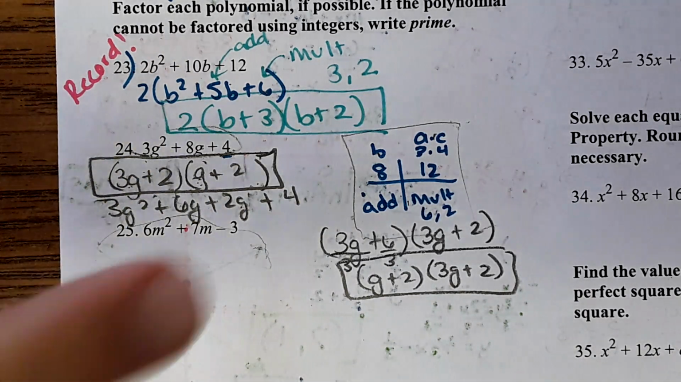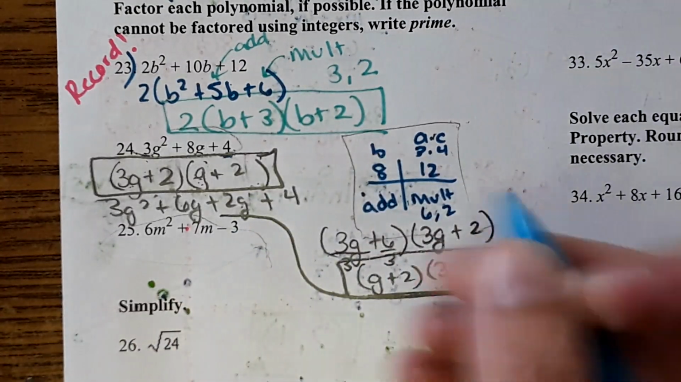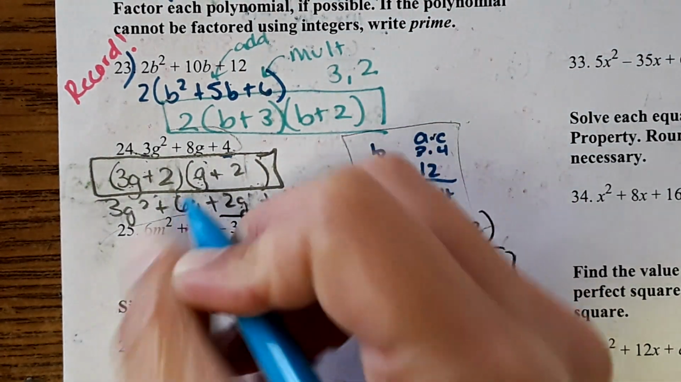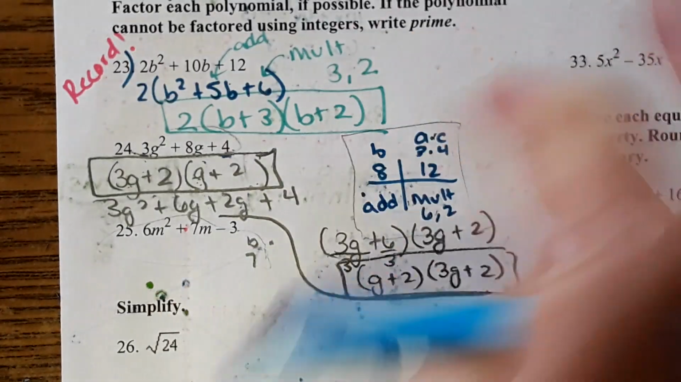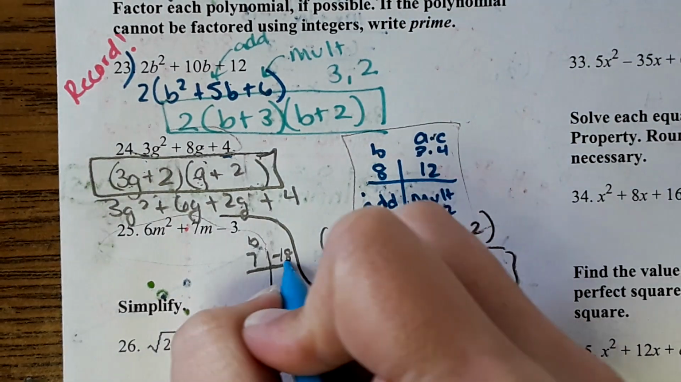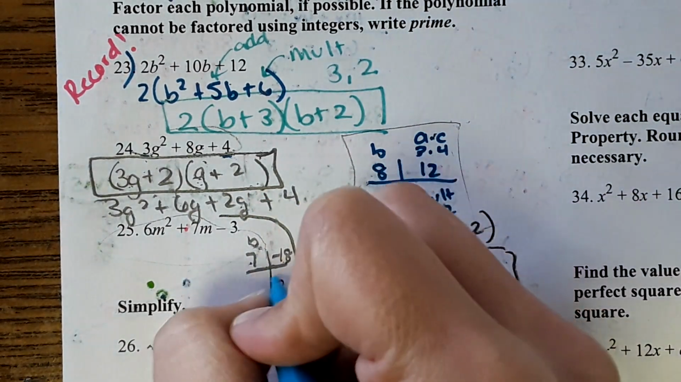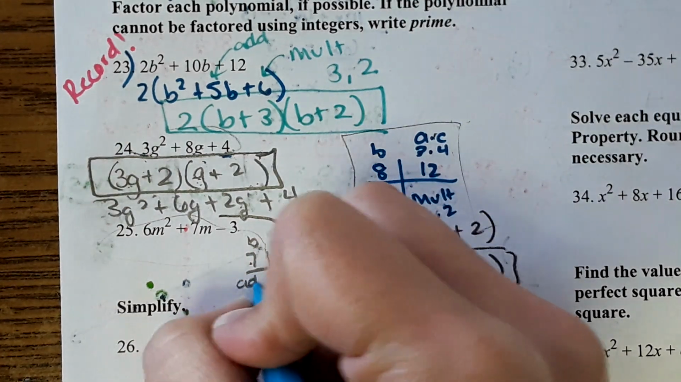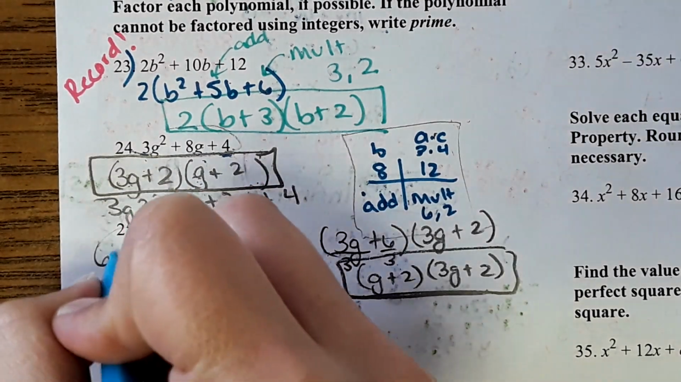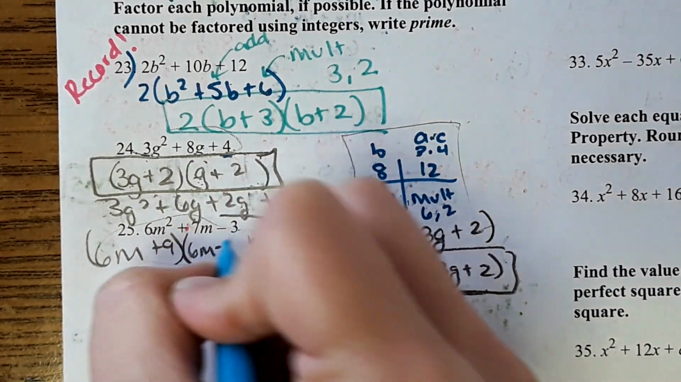Okay, so 25, we're going to do it this way. So we're going to make our little t-chart. B is 7, and a times c is negative 18. Two numbers that multiply to this that add to 7 would be 9 and negative 2. So multiply to this, add to this, 9 and negative 2. So I'm going to set it up like 6m plus 9, 6m minus 2,